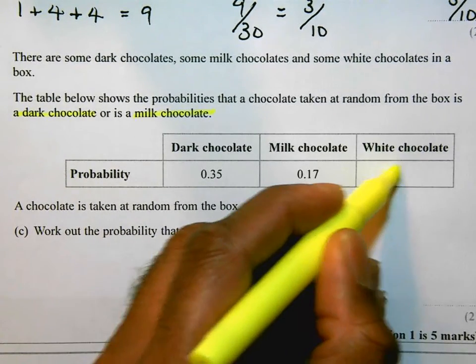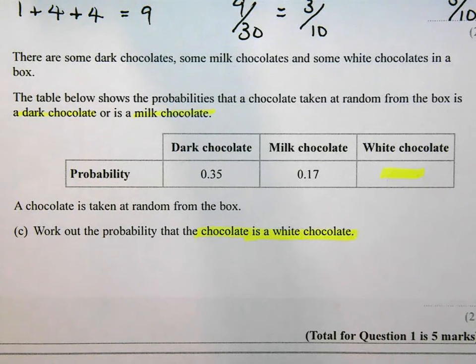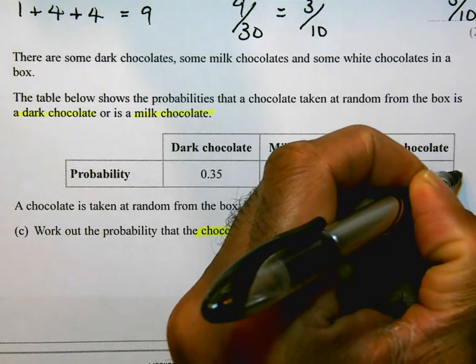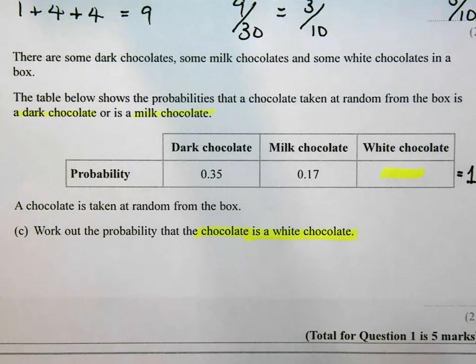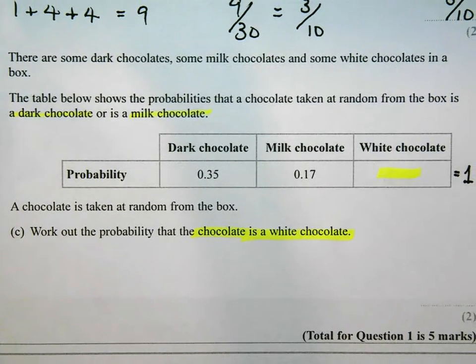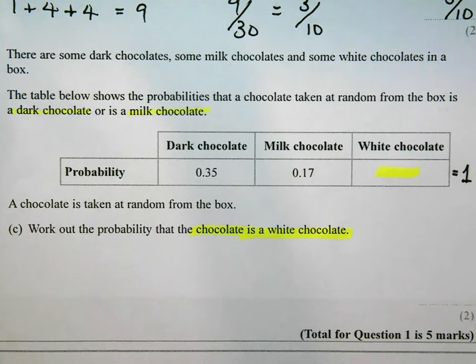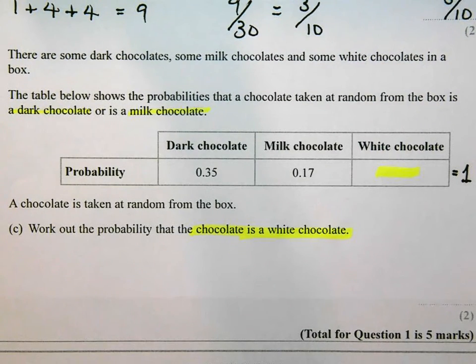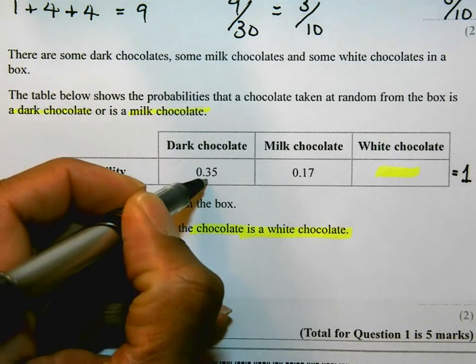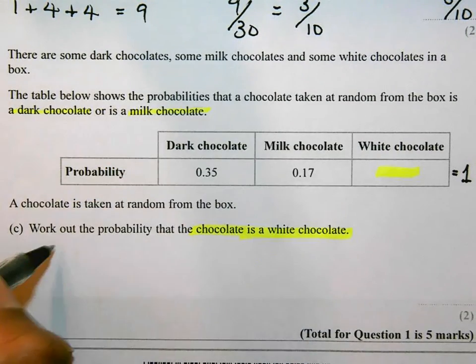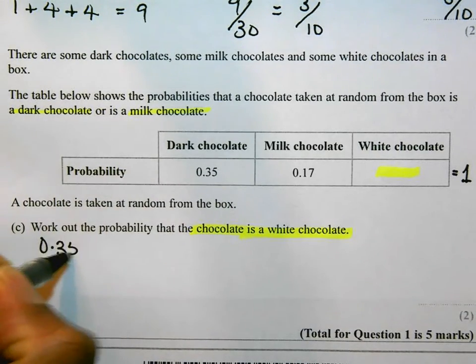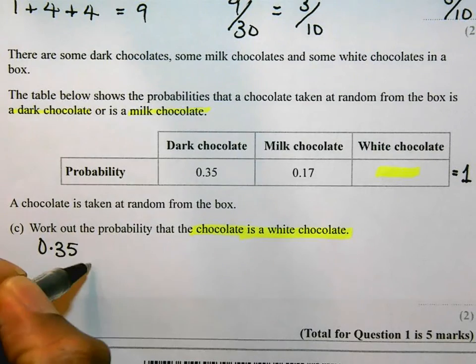So in other words, I want to work out what's in that section of the table. One of the things you do need to remember with regard to probabilities, and especially questions of this type, is that the probabilities all sum to 1. And we're going to use that fact to help us work out the probability of picking a white chocolate. So therefore, if I add the probability of a dark chocolate, 0.35,